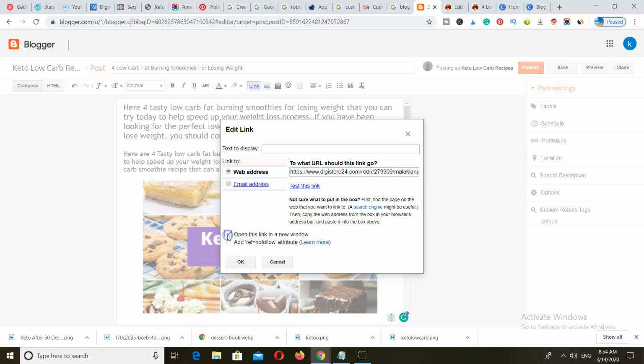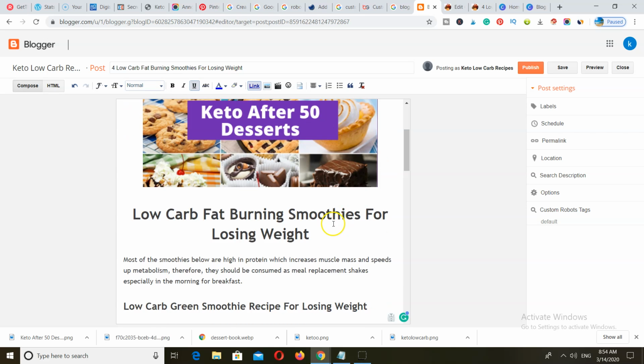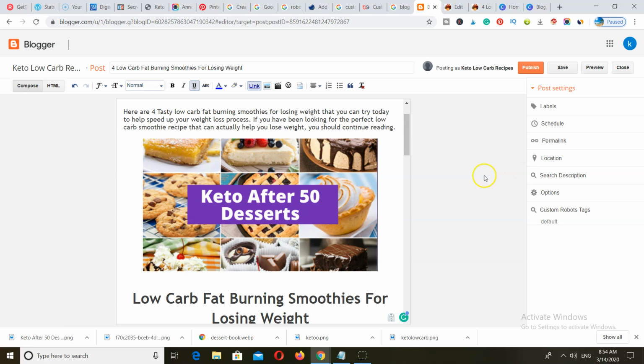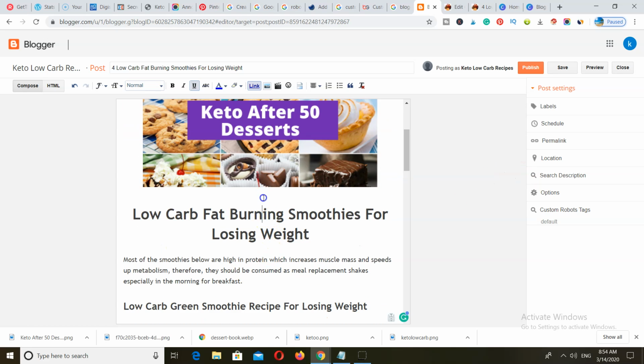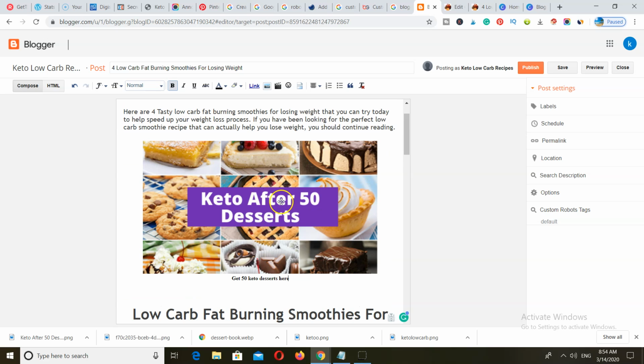So you want to open this link out in a new window and add a rel no follow to the link. So just go ahead and click on enter. Now you want to make sure that your link actually works, and you also want to add a little caption and let people know, get 50 keto desserts here. Okay, you want to go ahead and try to make that bold, and that is it. So you want to make sure that this link works,